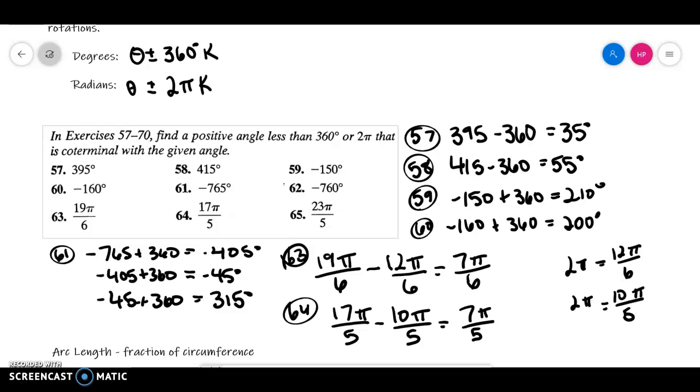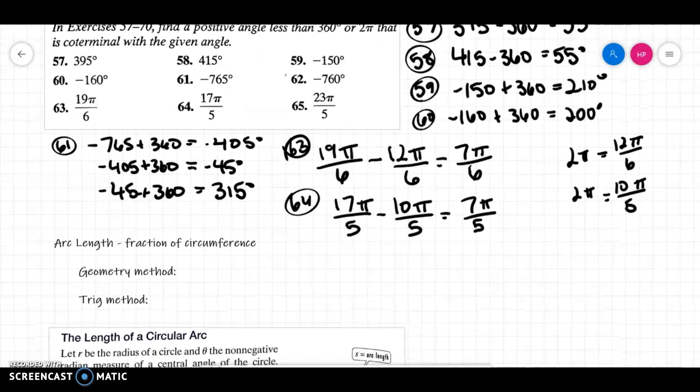So again, we could add or subtract. All these radians ones had us subtracting. There were a few extra problems in the book if we wanted to do it by addition. And we could leave these in terms of pi, like I did, or we could convert to decimal points if needed. Okay, so the second half of this second lesson, this is more where we would get into a couple